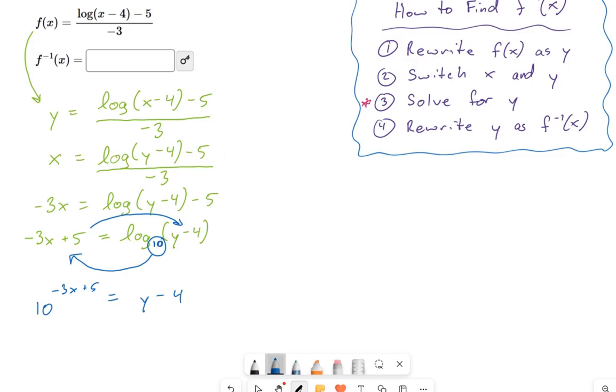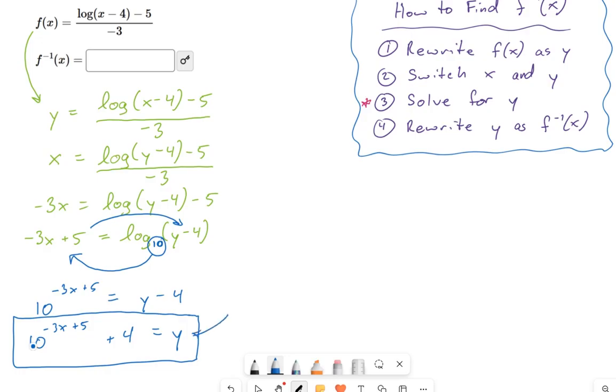These right here are equivalents. These mean exactly the same thing. It's like the same equation just written frontwards and backwards. But I like the way I've written it right here a lot more in blue because now y is almost by itself. I just need one more little thing, just plus 4 to each side, and then we will have this thing wrapped up. So I'm going to say 10 to the -3x plus 5, and then let's add a 4 onto this. Okay, and that is our inverse function.